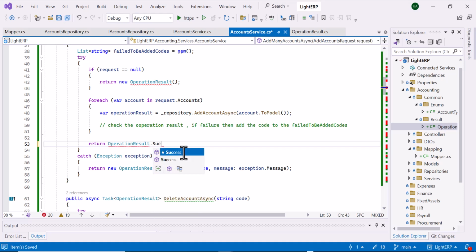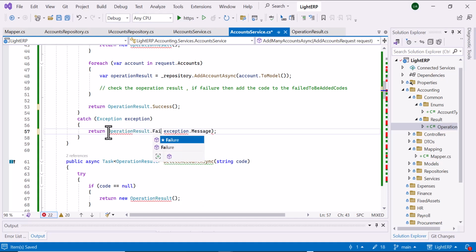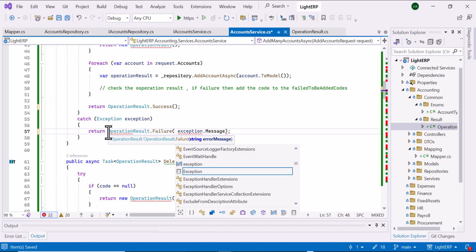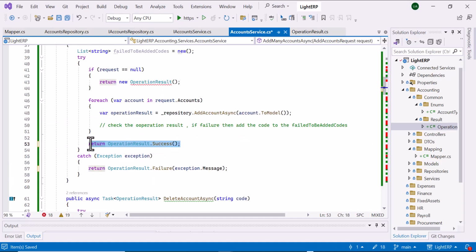The success is here, and that's all. And this is the failure operation result dot failure, and with the error message. And